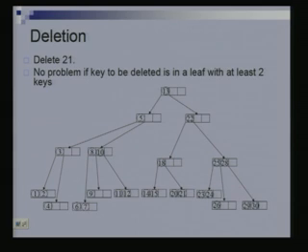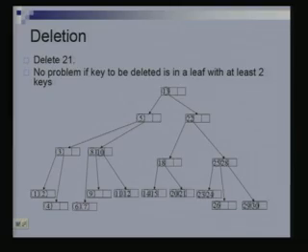Suppose I wanted to delete 21. As in the case of a binary search tree, first you will have to search for 21 and find out where the key is. In the case of a binary search tree, recall deletion required 3 different cases. If the key was at a leaf, then you just knocked off the leaf, nothing to be done. If it was at an internal node, then we distinguish between 1 child and 2 child. The 1 child case is not really happening here, so it is only the 2 child case that we have to be worried about.